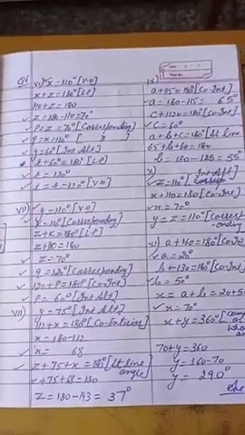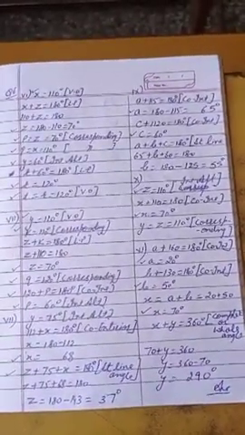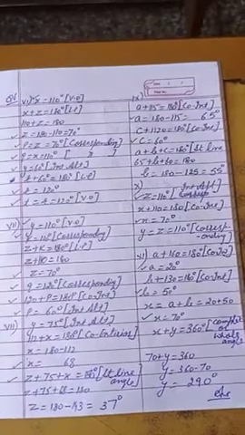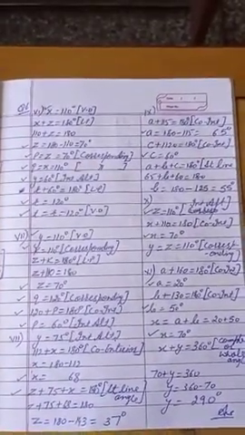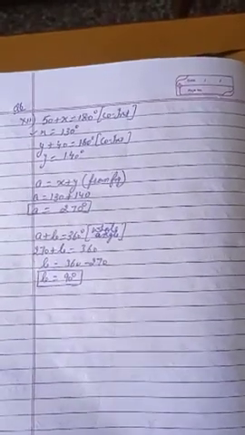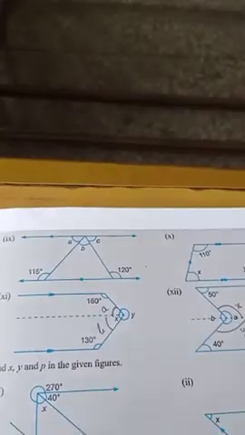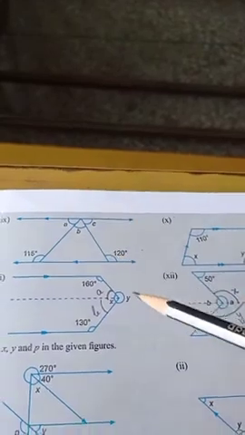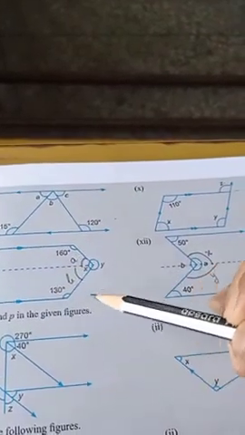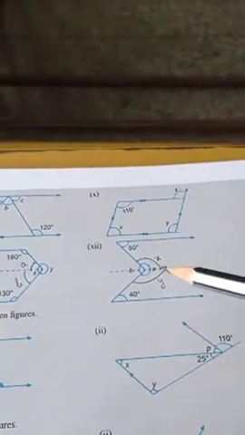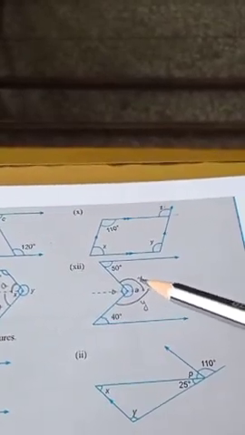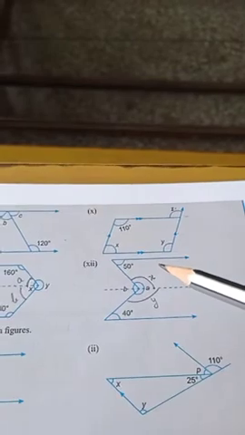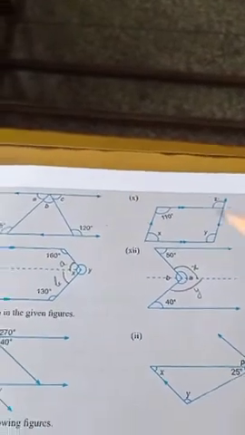Children, here is the solution of the 6th question, all the parts up to part number 12. Go through it and try to understand the questions. Children, before going to the solution, mark the angles I have already marked in the figure. Clear? Mark the angles that were not there in the figure, and then go through the solutions, otherwise you won't be able to understand.